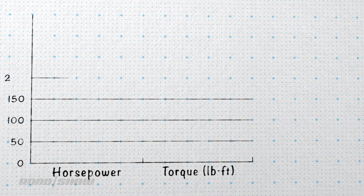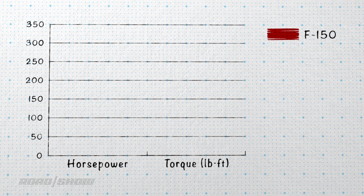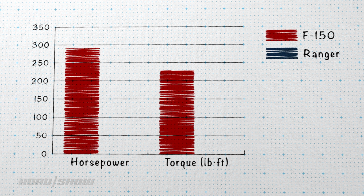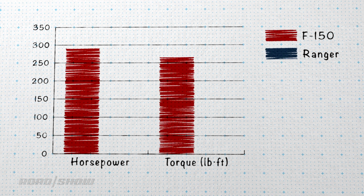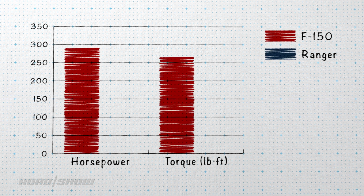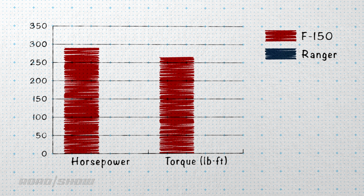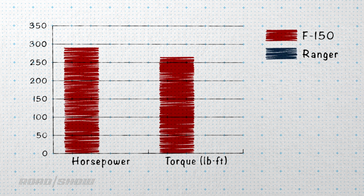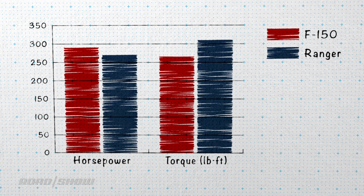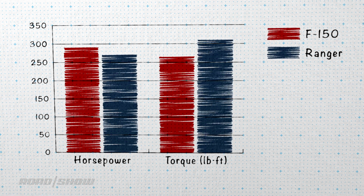Now let's dig into power. The standard engine with the XLT F-150 is the 3.3-liter V6, pushing out 290 horsepower and 265 pound-feet of torque, and that power has got to push around 4,705 pounds of truck. Meanwhile, the Ranger gets a 2.3-liter EcoBoost inline 4-cylinder engine with 270 horses and 310 pound-feet of twist, motivating its